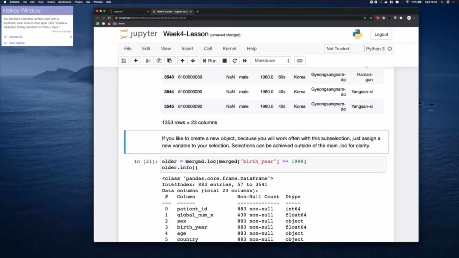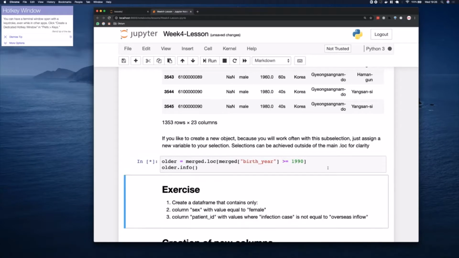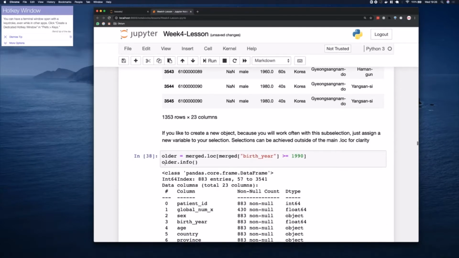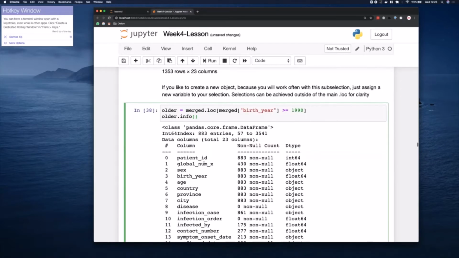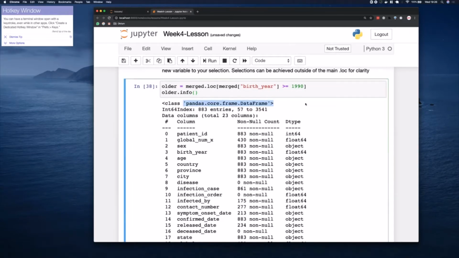So for example, I'm looking here at the selection of patient cases that are older than 1990. Okay, you're not that old then, but we call it older. And then you see, hey, I have a new object, a new Pandas data frame